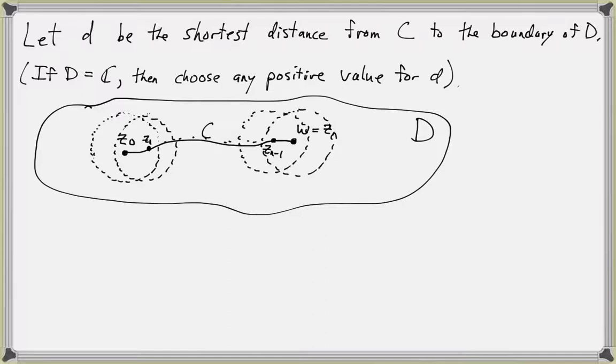So we're going to cover the contour C with these disks, and by extending the argument that we just made, we'll show that f must be constant on each one of these disks, and as we go along, that'll show that f of W must equal f of Z0, and therefore the function is constant on the whole domain. So the idea is we can cover the contour C with a chain of disks